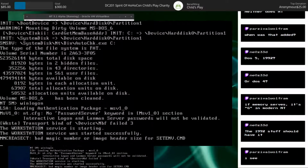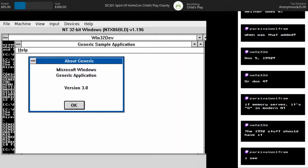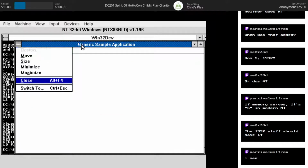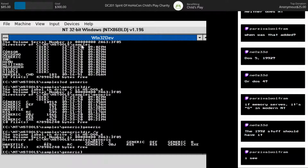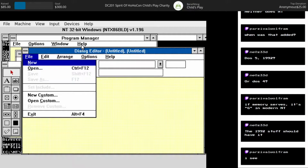Yeah, let's go to this, since we've actually got it running for all of about 3 seconds for the time being. Yeah, but that is a 32-bit application, which is actually kind of interesting. I'm curious if any of these, like if I open dialog editor,